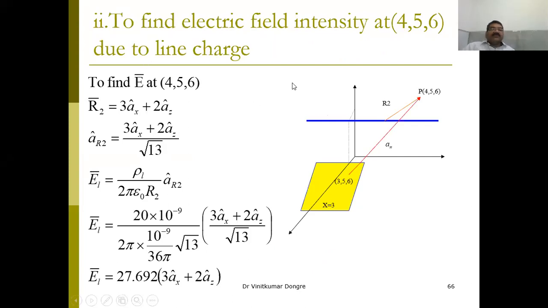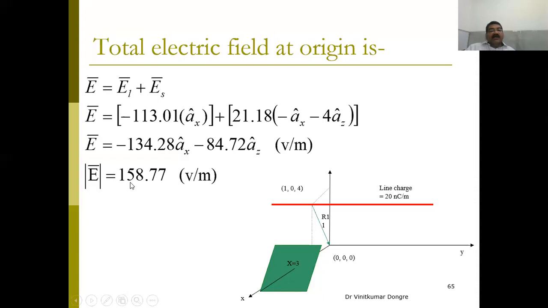Now the remaining problem. The same sheet charge and line charge are there, but instead of the origin, one thing you should remember: in the previous problem you were asked for the magnitude. So whatever answer you got, please convert it to the magnitude. The magnitude is the square root of the sum of the squares of the components. We know how to calculate the magnitude. So this final answer is required. If you do not calculate this final answer, your marks will get cut.